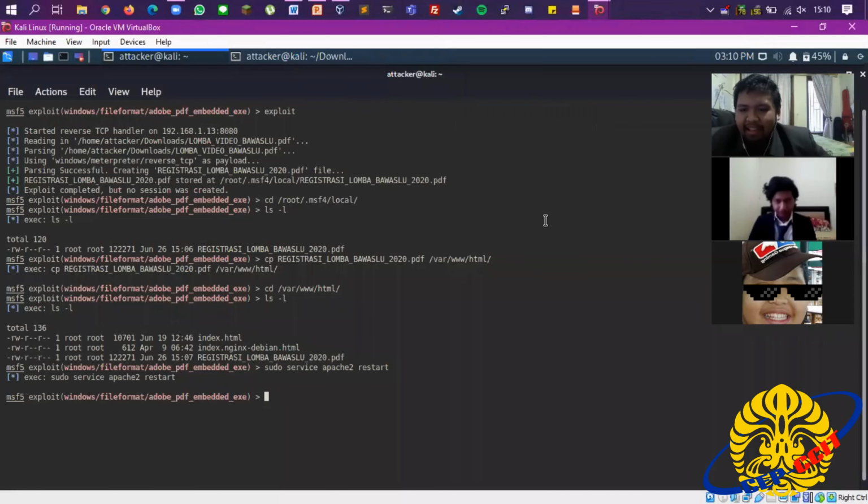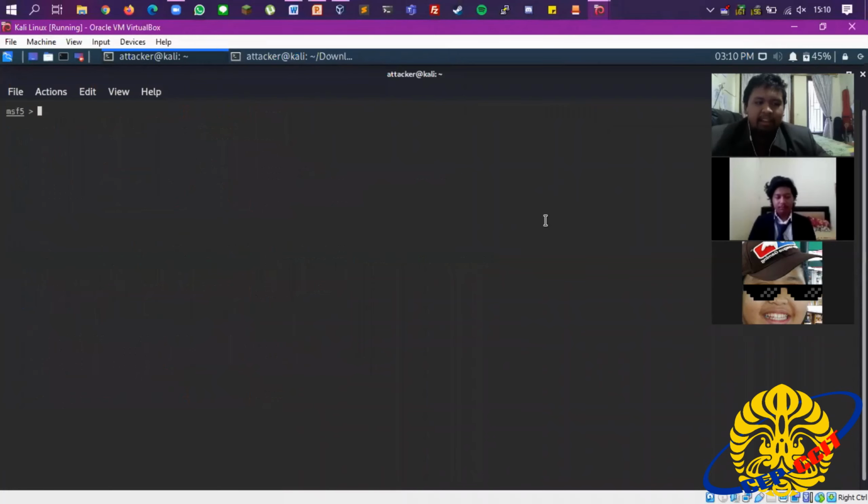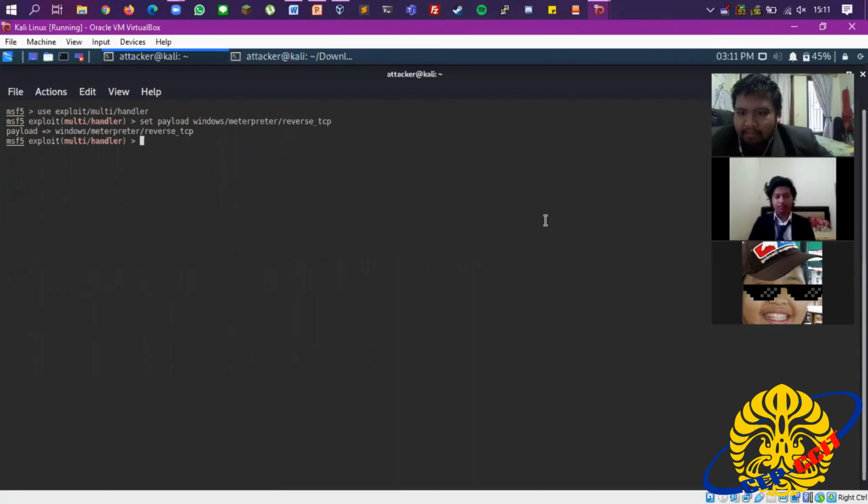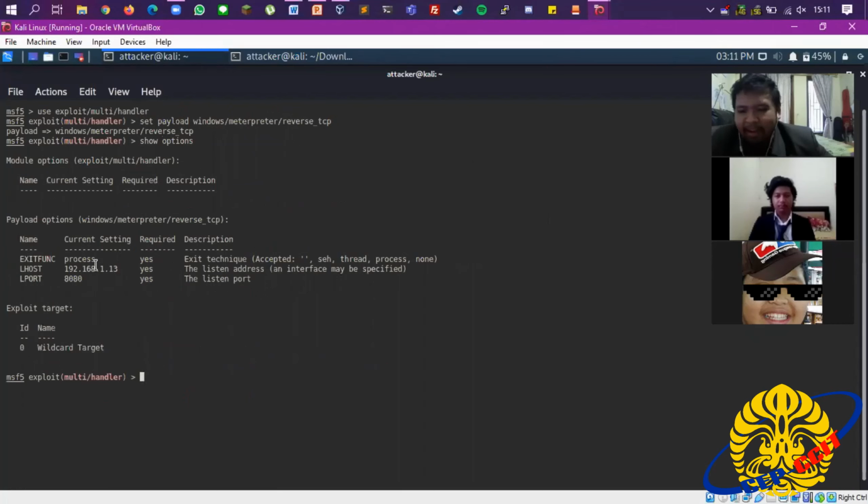We can go back to the MSF console. We type back. And now we're going to use the multi-handler as the session listener. And the payload is still the same. So now we have a pre-configured the same LHOST and the same LPORT as before. Now we're going to exploit.